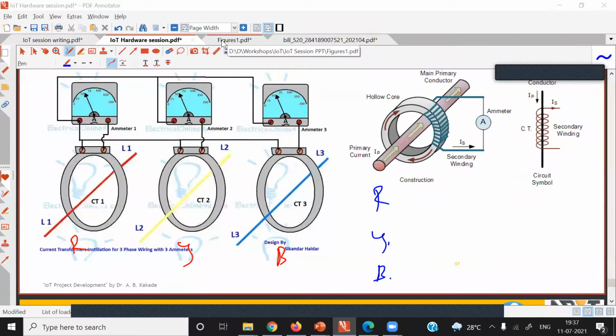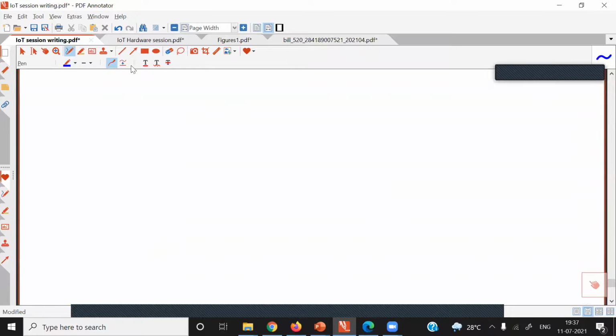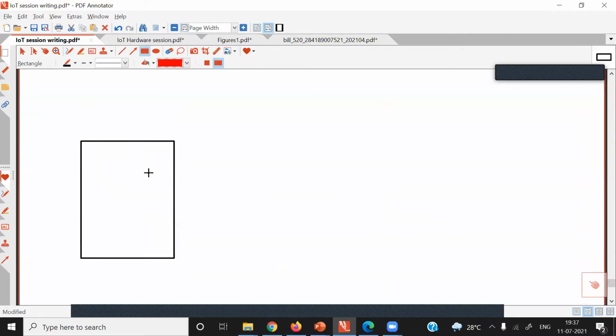Question: if we connect a relay to a contactor, will 220 volt pass through the relay? Let me once again explain. We have a microcontroller on this side. This is our PIC microcontroller, PIC 18F4520. Suppose the RD1 pin is used for controlling the driver circuit. Then this RD1 pin must be an output pin.